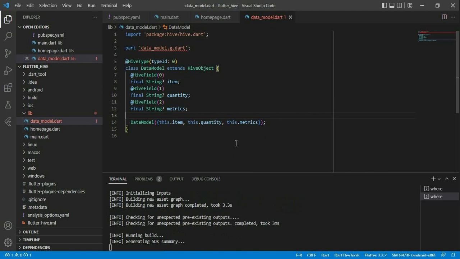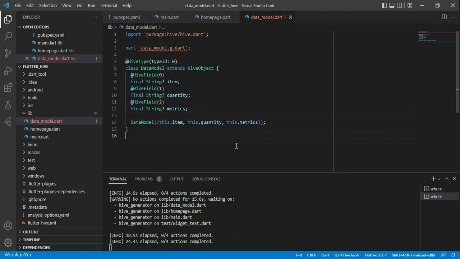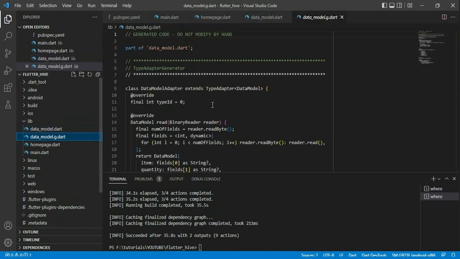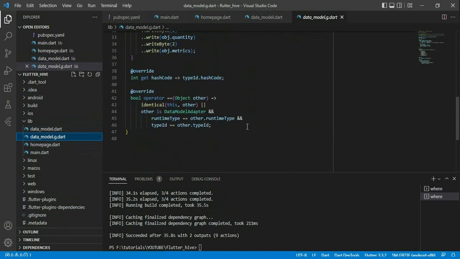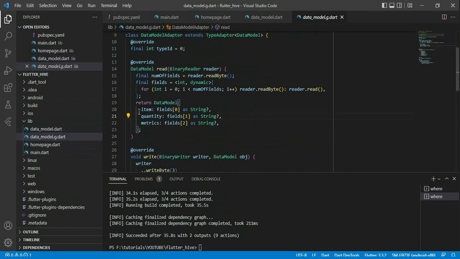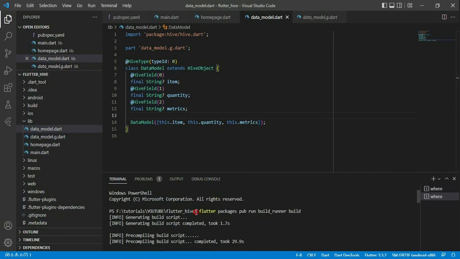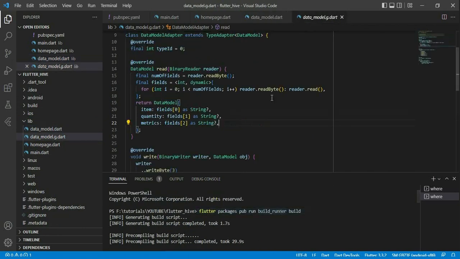Come on, it is taking a bit longer than expected. Bingo, we have our type adapter created. As you can see here, this file is generated automatically. We can also change this, but we don't need to change it. Whenever we change our data model, we need to run the same build runner, and we shall have our type adapter